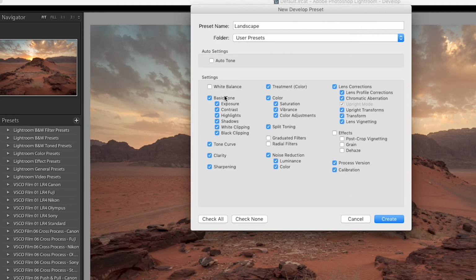And although it's set to as shot, which means that it's going to carry it over to other images as shot, typically this is not something you want to select. But other settings might be just perfectly fine. Let's just make sure: noise reduction, calibration. So everything else looks good. So let's go ahead and create this preset now. I'm going to go ahead and create that.